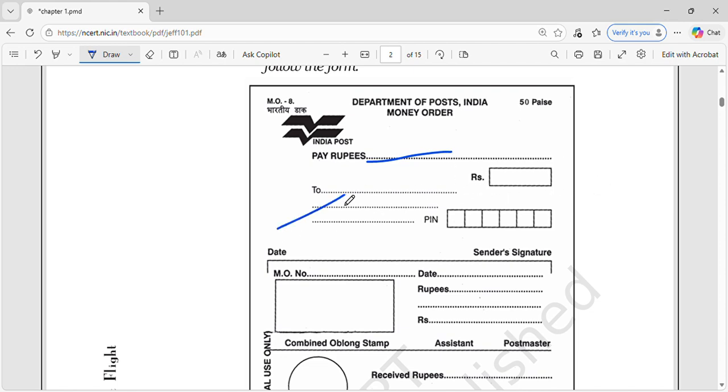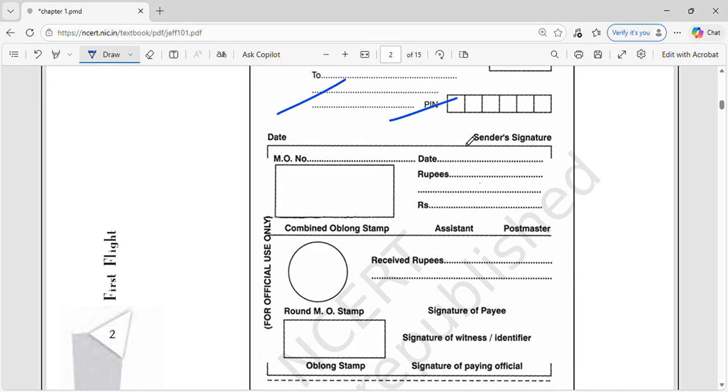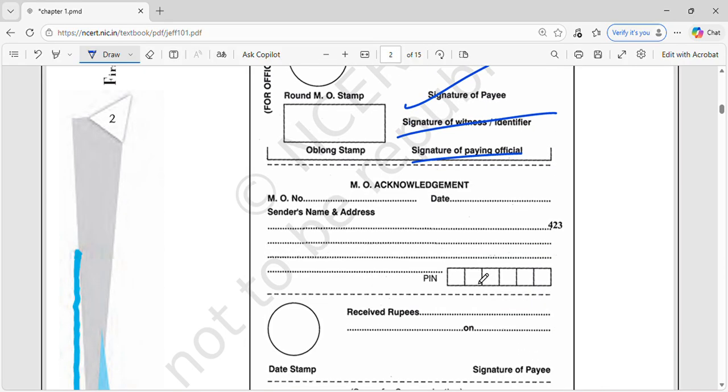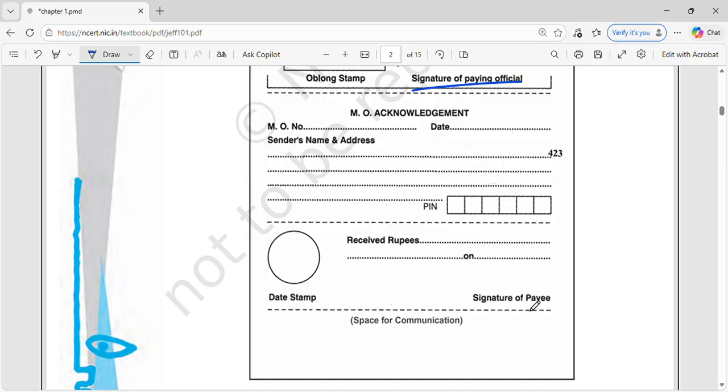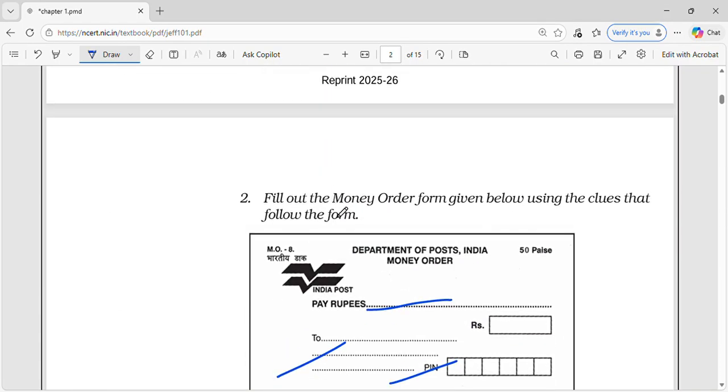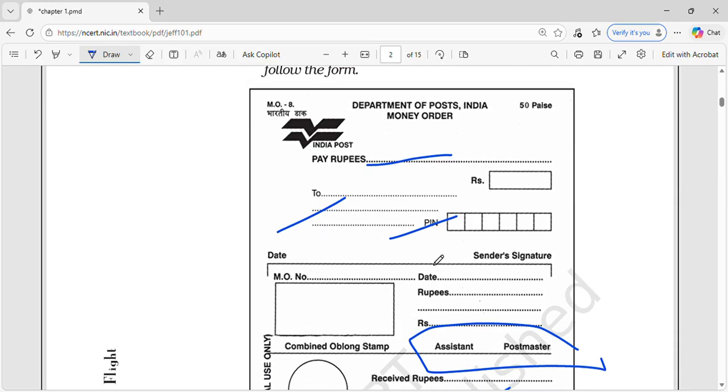ठीक है, तुम इधर अपने रुपीज़ जितने पे करने हो ये सब लिखोगे, फिर किसको पे करना है, अपना पिन लिखोगे, सिग्नेचर वगैरह डालोगे, पोस्ट मास्टर, एंड देन नाम वगैरह थोड़ा बहुत लिखना पड़ता है, आइडेंटिफायर, विटनेस वगैरह। तो ये तुम्हारा एमओ, फिर ये सब जाएगा। तो दिस इज योर फॉर्म, ओके। So fill out the money order form given below using the clues and then answer it।